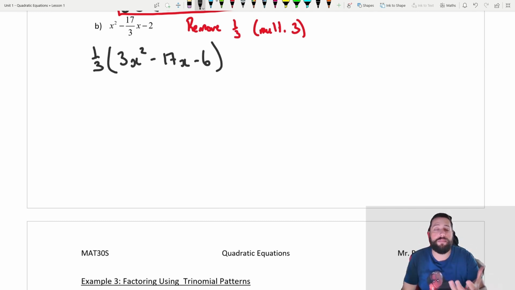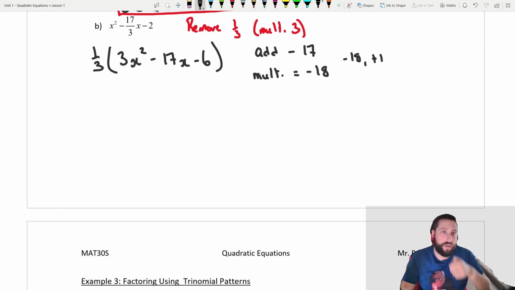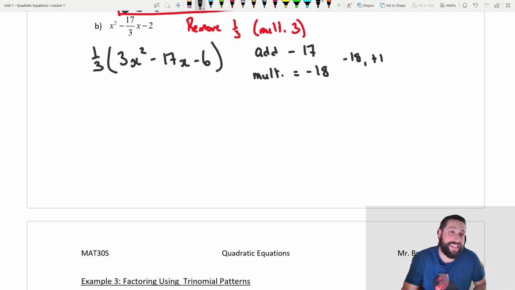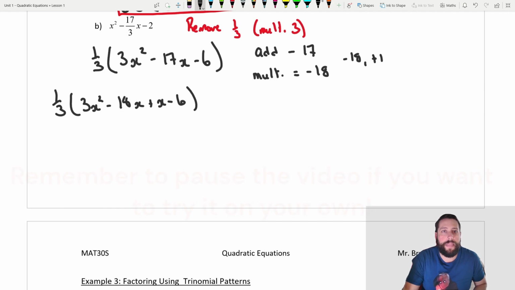All right, so we're going to do what we did before, which is we're going to add so that we get negative 17, but multiply to give you negative 18. Okay, so in this case, it's going to be negative 18 and positive 1. Okay, so we're going to split apart the negative 17, so that's negative 18 and 1. So we have 1/3 multiplied by 3x squared minus 18x, or sorry, plus x minus 6. Again,